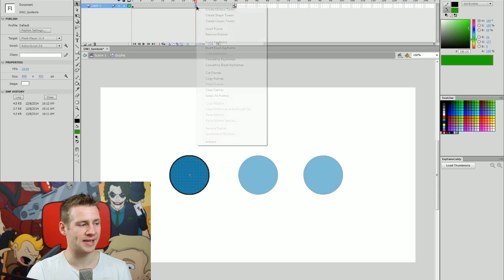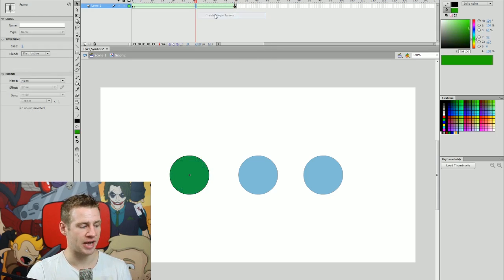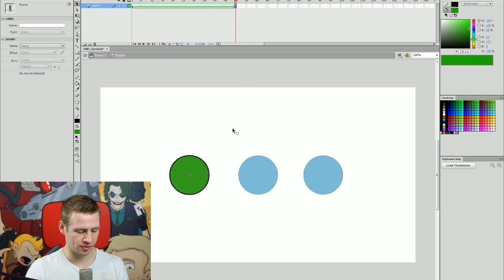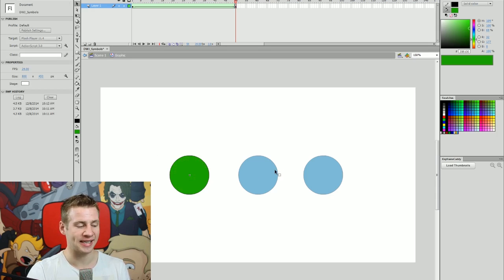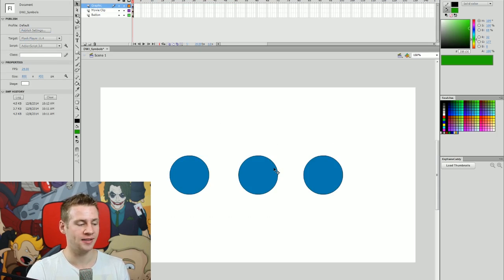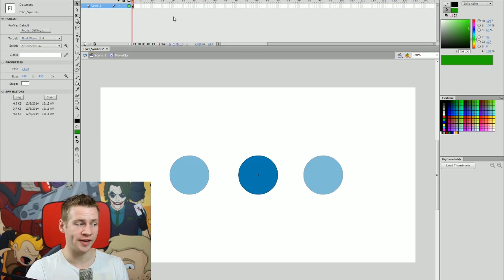Now if I right click in this middle area here and click create shape tween, this inside color area you can see transitions from the blue to the green. Now I'm going to select this green circle, hit Ctrl-Alt-C to copy that frame exactly, and I'm going to double click outside of it to go back to the main timeline and go inside my movie clip symbol, and I'm